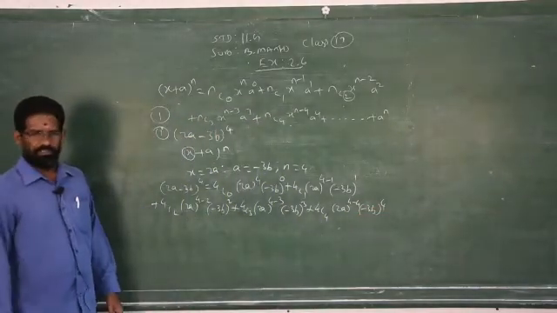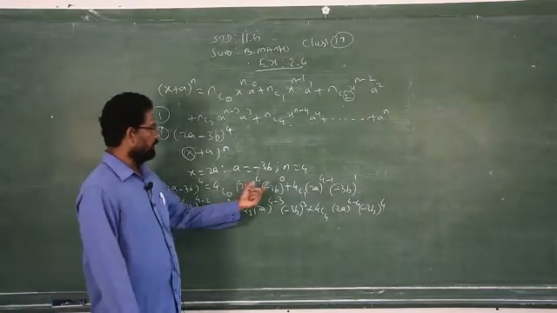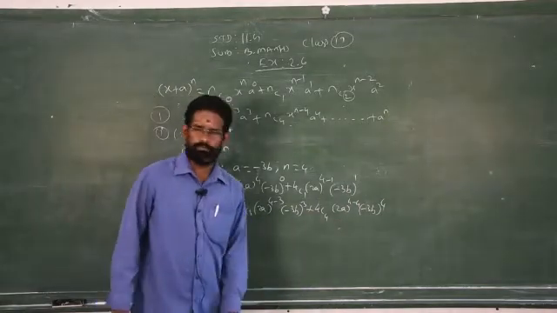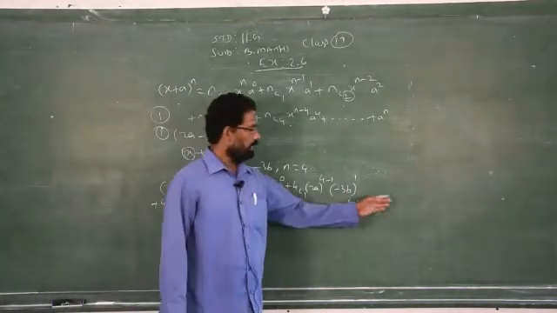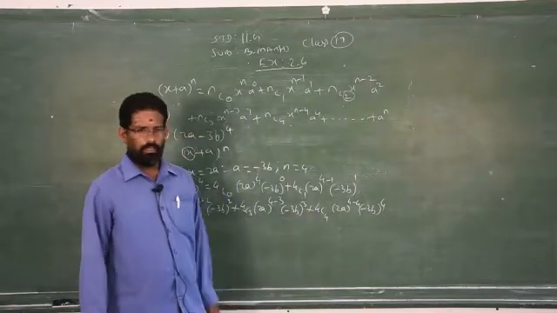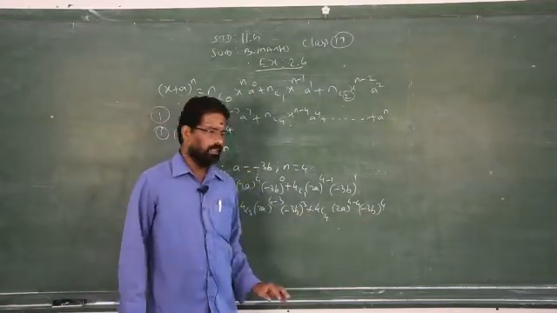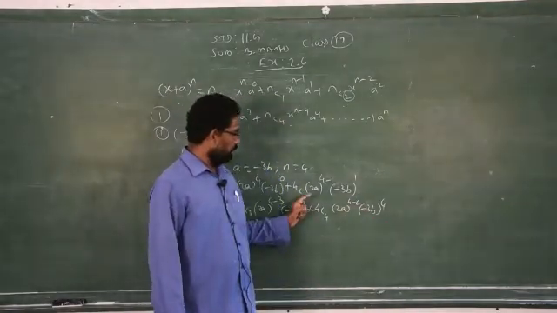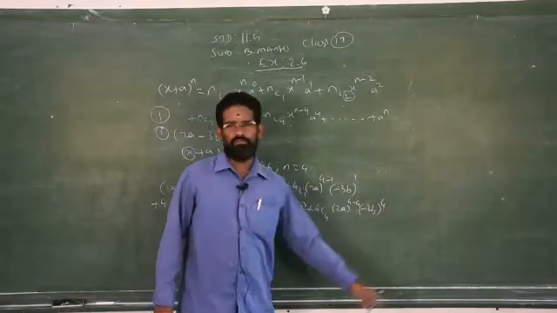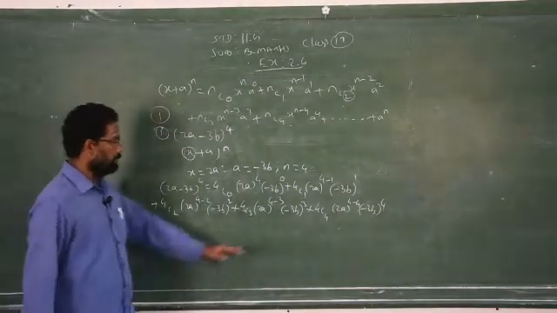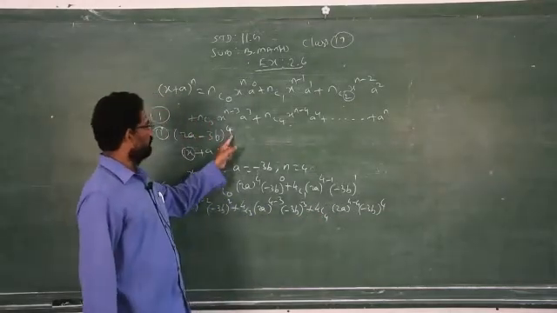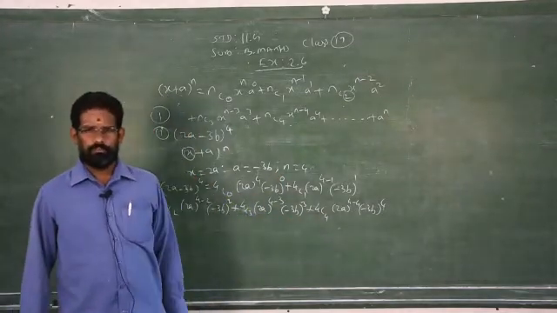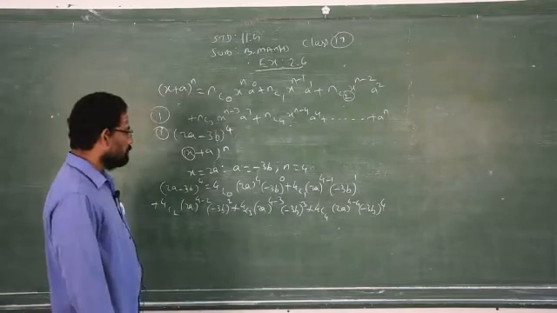I am just replacing. Once I know this, I can reduce 1 in the power of x and add 1 to the power of a, and so on up to 4c4. You cannot expand after that, because what is n? 4. I got 4c4, so stop there. If it is given 5, then you have to write one more. If it is 5, then after 5c4 will come 5c5. So you have to stop at 4c4, depending on the power. If it is 5, you write up to 5c5, that's all. So don't be confused.